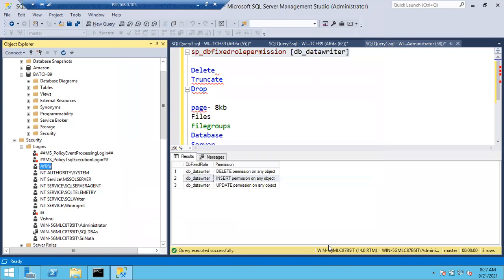Next time if any new user joins, you can simply add him into the app DB role. If there is no customization of roles, again you have to check what permissions are there for Afifa, compare, and give the same permissions to the new user also. That is a time-wasting process. So if we have customized database roles, we can collect permissions, group them together, create a role, and add our own permissions. We can add users to that role, so that whatever permissions are there for that particular role, she or he can act according to those permissions. Clear, guys? Any issues, any doubts?